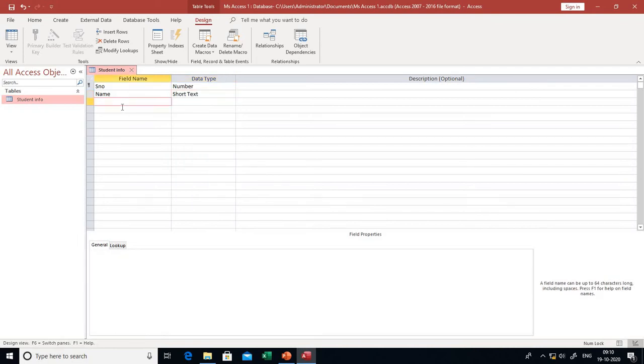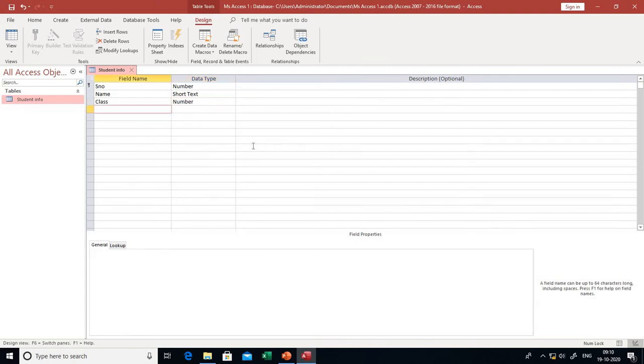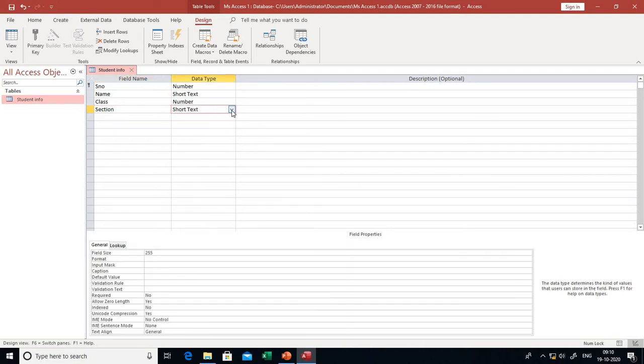After that, class, choose number, and after that section and choose short text. Okay, so now our fields are ready.